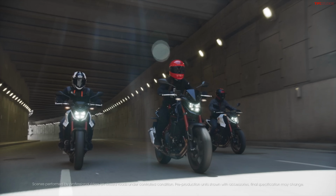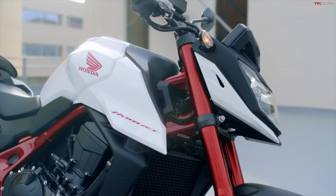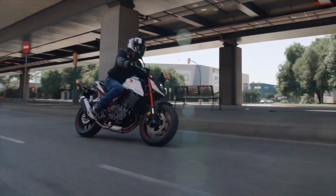And we've ridden a number of bikes with a 270-degree crank here at TFL, and in all of them, lots of character out of the engine and very good sound as well. You get really good sound out of that 270-degree crank. So I'm really excited to hear this run for the first time and see it up close in person. And hopefully I can get some seat time on it,